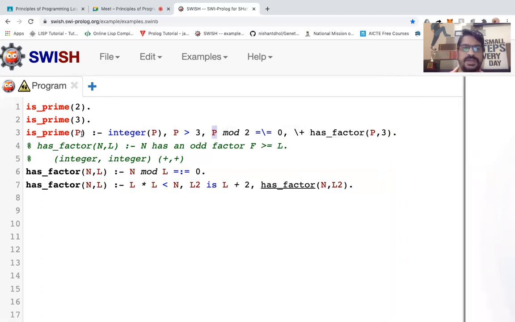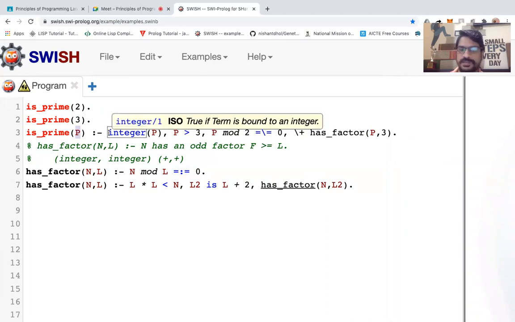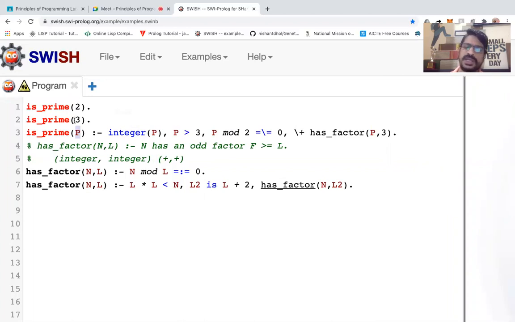So प्राइम नंबर, किसी भी नंबर का प्राइम नंबर होने के लिए ये कंडीशन सेटिस्फाई होना चाहिए. पहला p इंटीजर होना चाहिए, हम लोग फ्लोटिंग पॉइंट नंबर नहीं लेंगे. दूसरा p की वैल्यू 3 से ज्यादा होना चाहिए, क्योंकि हमने ऑलरेडी डिफाइन कर दिया है. अगर हमारे पास वैल्यू आएगा 2 तो हम उसको प्राइम नंबर बोल देंगे, 3 आएगा तो भी उसको प्राइम नंबर बोल देंगे. बट 4 आएगा तो उसके लिए हमारे पास लॉजिक है, या 5 आएगा तो उसके हमारे पास लॉजिक है.